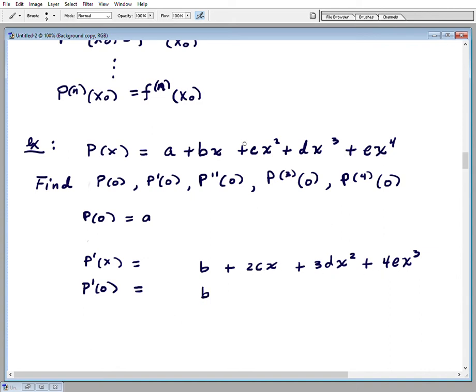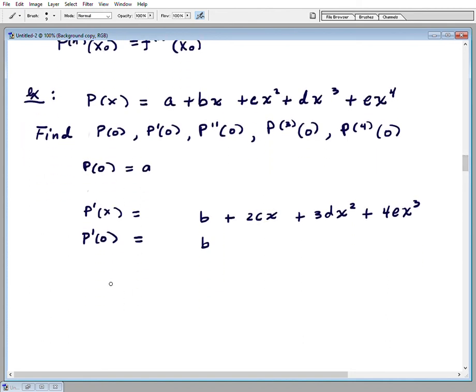Everything else drops out. So the first derivative at 0 is just that b. Now let's do the second derivative. That drops out. We have 2c, plus